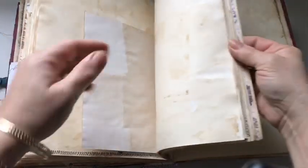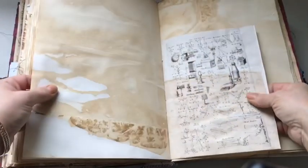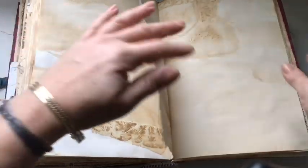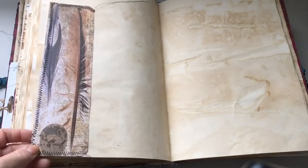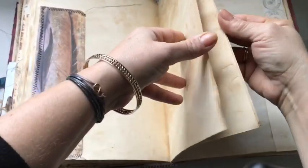Pockets. And look at the clouds up there. That's another gorgeous design. Gorgeous notes. I love these handwritten notes that come from the past. They're just to look at and to have in a journal. They're just gorgeous. There's another pocket here,